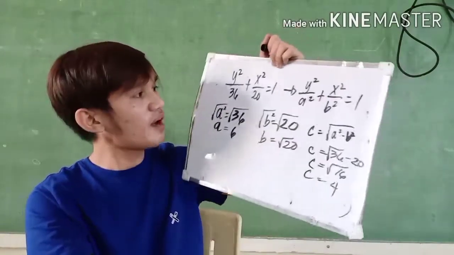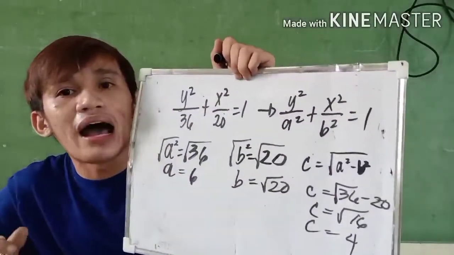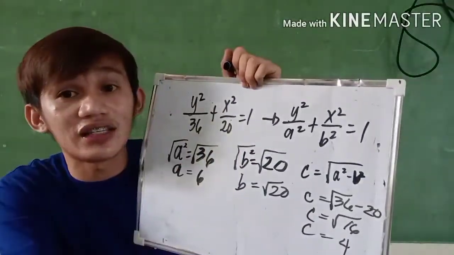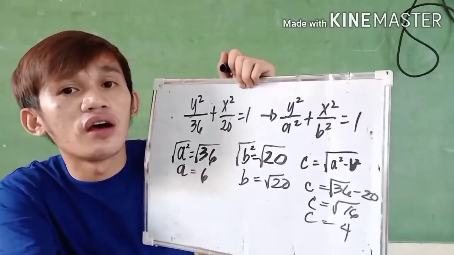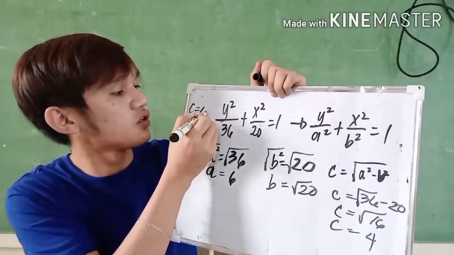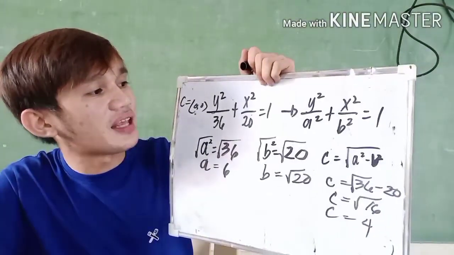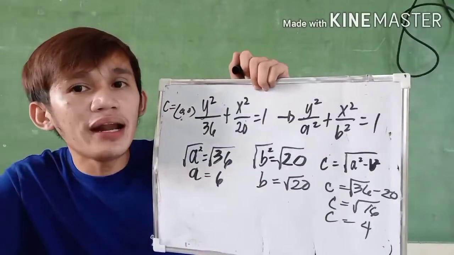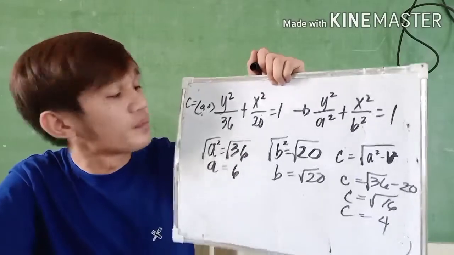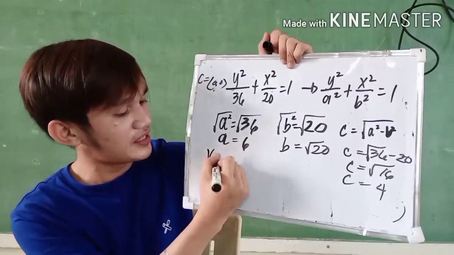So now, if you have the value of a already, you have to identify kung alin po ba ang isi-zero natin. So remember, the center of our ellipse here is at 0, 0. So now, kailangan ninyong malaman kung alin po ba ang ating isi-zero. Paano po ba natin malalaman kung which of these two coordinates ng 0, 0 ang ating i-remain as 0? Titingnan nyo lang po para makuha po natin yung ating vertices,